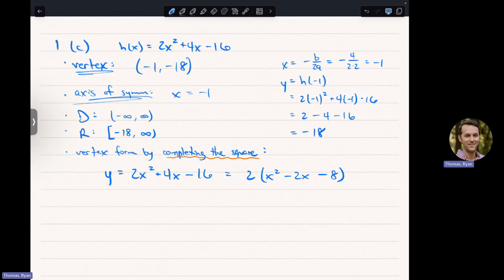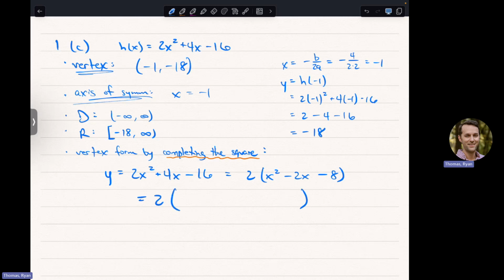That's fine. But think about graphically what that 2 does and why it doesn't just go away. What's that 2 going to do to this parabola? It's going to stretch it vertically, so it's going to be taller and skinnier than if everything was x squared minus 2x minus 8. These are going to sit in the same place, ignoring that 2, they're going to have the same vertex. But that 2 is going to stretch the thing out. So it's important that it not just disappear. You could write this as y over 2 and then work on this and then multiply the 2 back over, that would work too. Okay, so